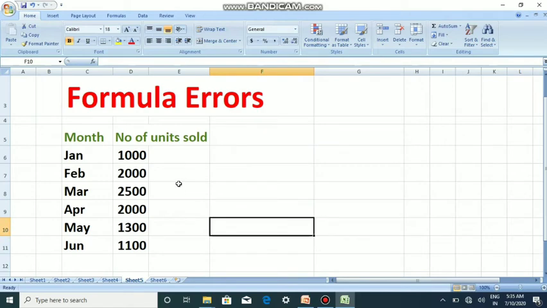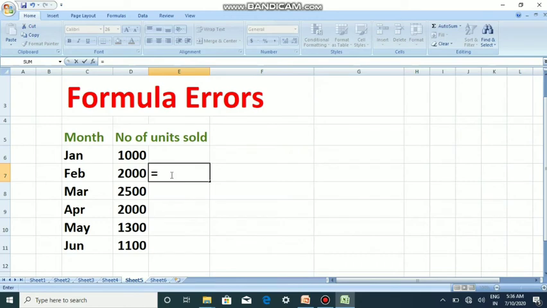Next formula error is a name error, and this error occurs if the formula is used incorrectly. So let us see the example here. I'm going to enter a formula in a wrong way. So is equal to, instead of sum I'm just typing SYM.